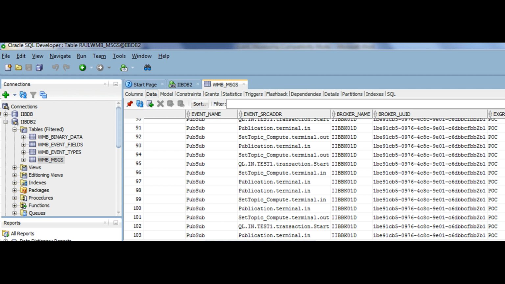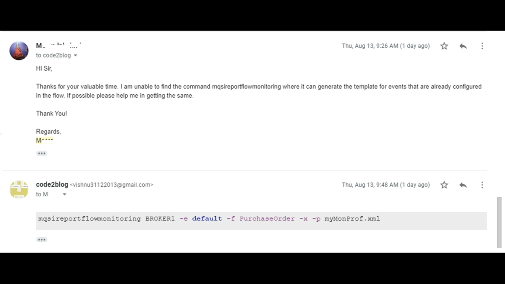So what you have to do is create that XML and then attach it. Or one more option is, on your local system, you can modify the flow events and the flow properties. You can deploy that into your local machine, and then there's a command wherein you can export the XML which is attached to that flow. Then on your dev, UAT and prod environments, you don't have to modify the flow. You just have to use that XML. So in case you're finding it difficult to create the XML, deploy that code and export the XML.